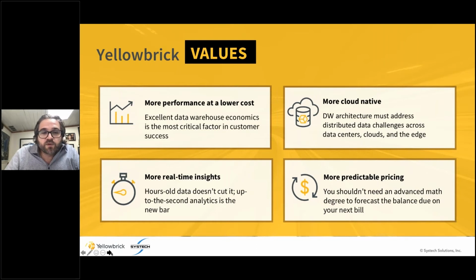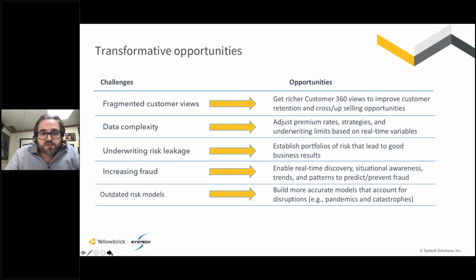And finally, we expect that customers shouldn't need to hire a consultant to understand the bill, right? You should have predictable pricing, and that pricing should be lower and more predictable month to month than you're currently getting. So by having these predictable, performance-driven experiences on a common architecture that can bring the best performance out of any deployment type, it gives you broad compatibility and enables Yellowbrick users to support all of the core challenges that